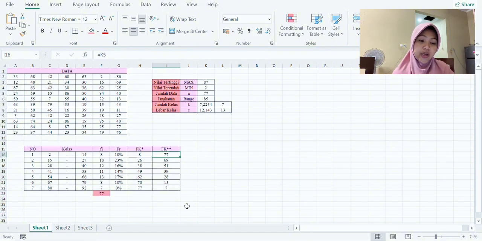Looking at the relative frequency, we can see the data is somewhat spread across all classes. The highest concentration is class 2, 15 until 27, with 23% of the data, followed by class 5, 54 until 66, with 17%. This suggests the distribution has a slight lean toward lower values, but remains very spread overall. This kind of analysis is the foundation for more advanced topics like histograms, measures of central tendency, and probability distributions.